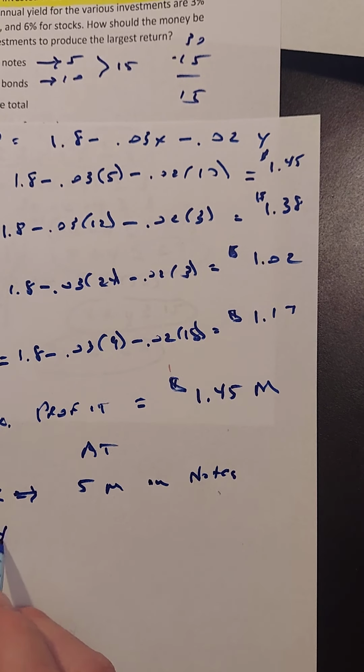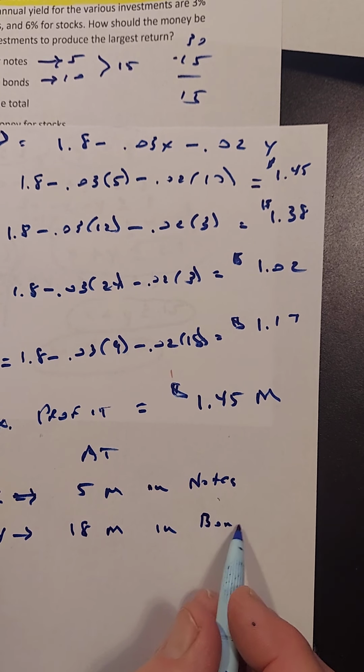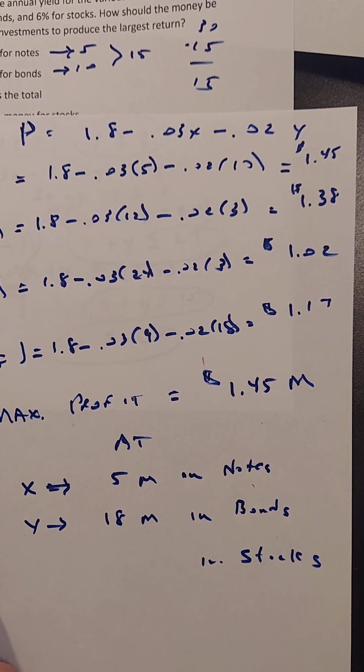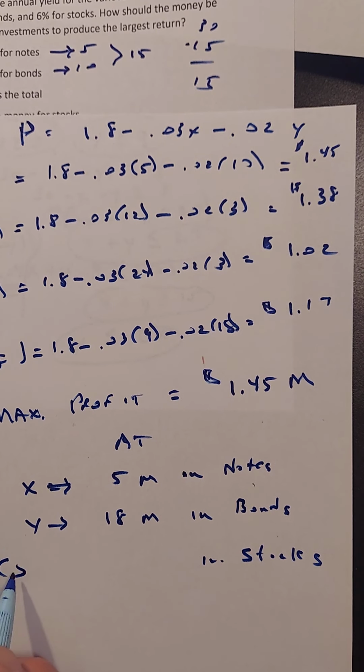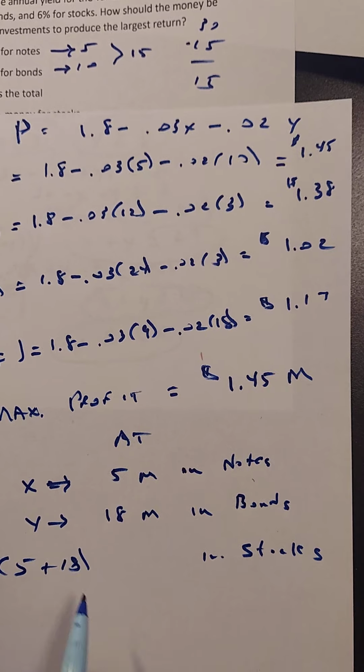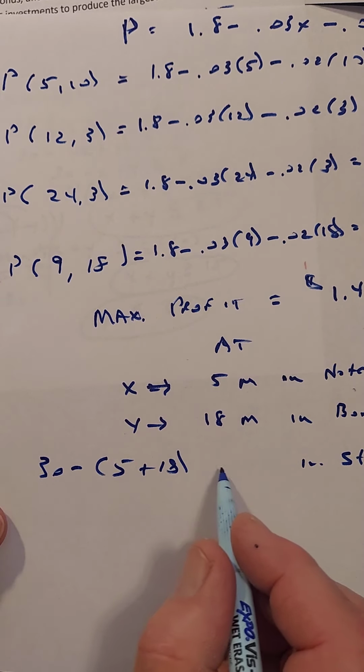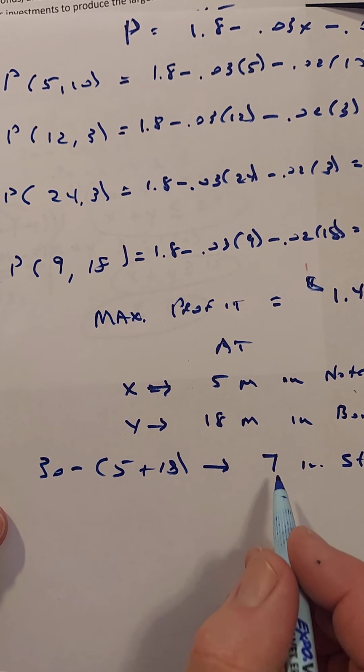Okay. The Y value represented bonds. So the Y value on that was 18. So 18 million in bonds. And then how much in stocks? Well, remember it's 30 minus those two there. So 5 plus 18. 5 plus 18 is 23. 30 minus 23, 7 million